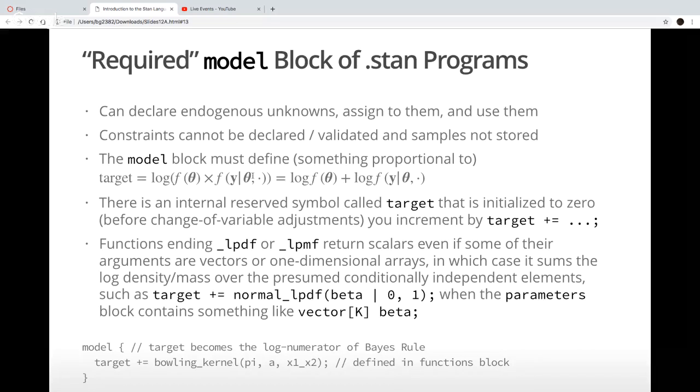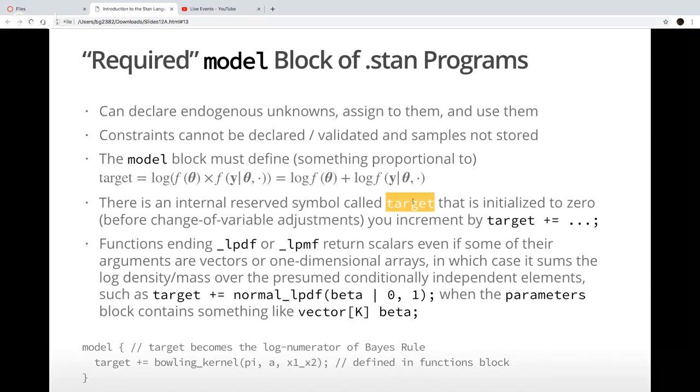I take the logarithm of that, and it becomes the sum of the logarithm of the prior PDF and the log likelihood. The log likelihood can have a number of components, but conceptually I just have two terms here, even though they could have subterms within them. So the logarithm of the prior PDF and the logarithm of the likelihood.